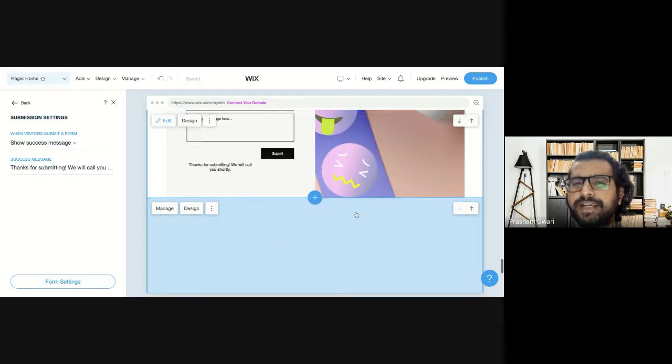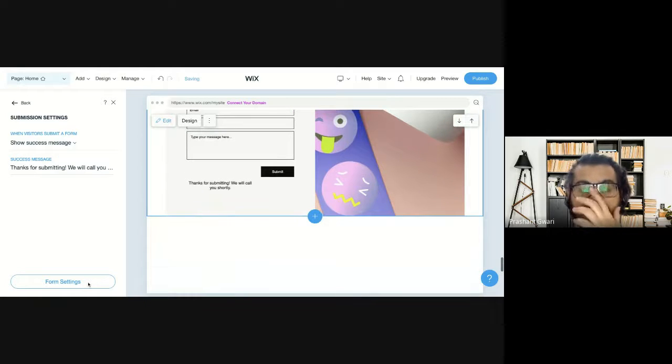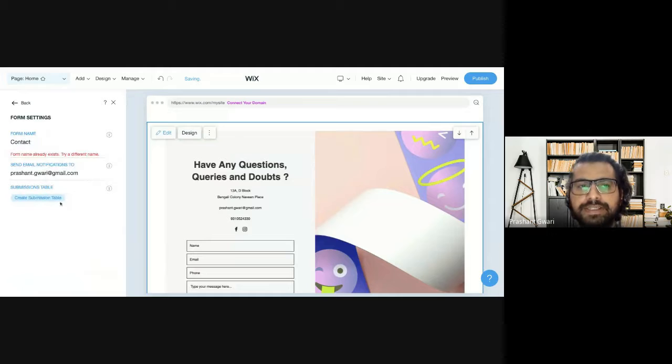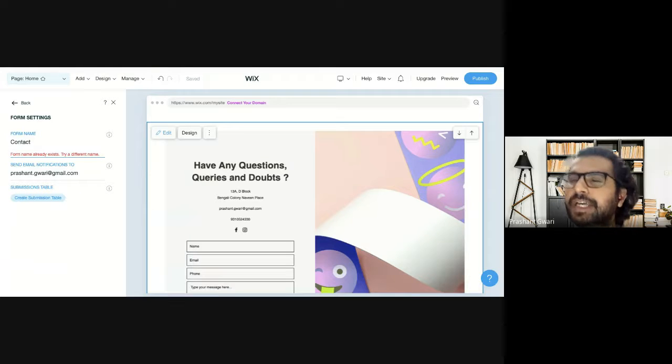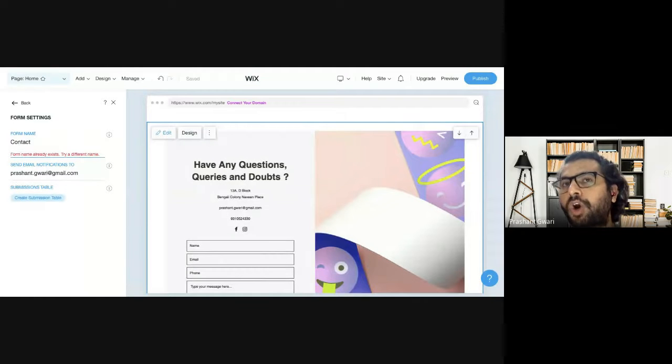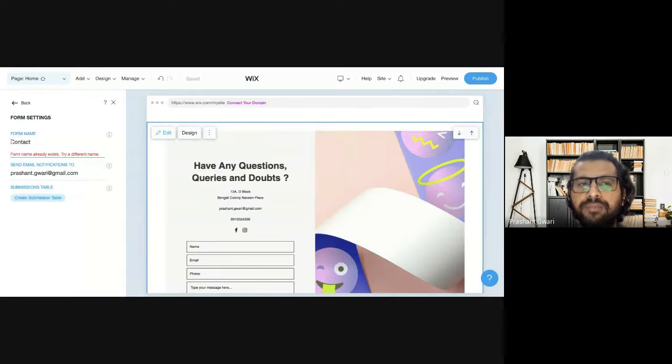Now after that, the settings part. On the settings part, you will decide where you will receive your customers' information and their queries. First of all, you will name your form, because you will use this kind of form on every single page, and you don't want to be confused whether a lead is coming from the home page, contact us page or product page. So let's say I name this form home contact.